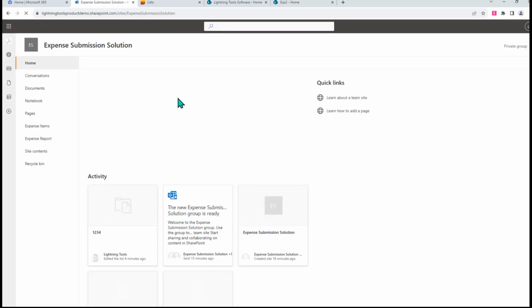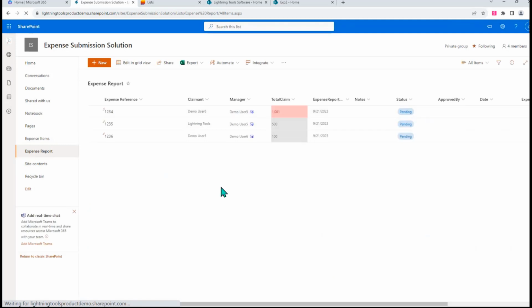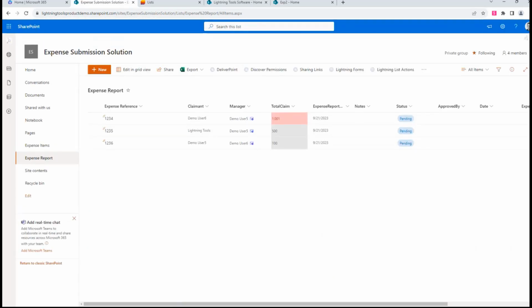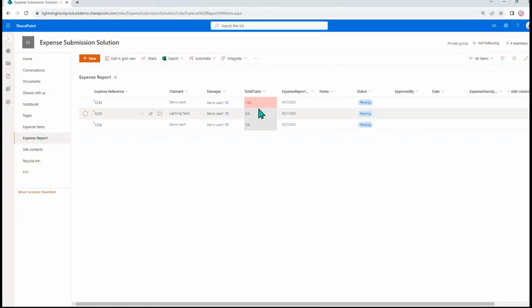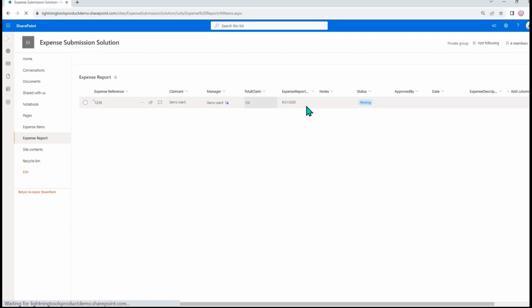Again, as I go into the expense report as the site owner, I'm going to see everything. And I'll just do a reload on that just to show you again. But if I go in as demo user 5 and refresh this list, you'll notice that we are now only seeing that one item that I went through and created as that user. So now we've got that situation where you can only see your own expense claims. You're not going to see other people's expense claims as well. Okay, so